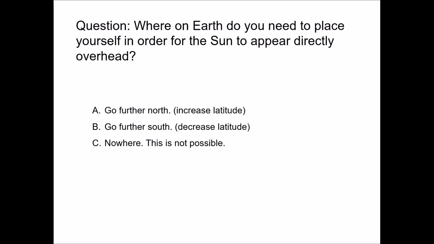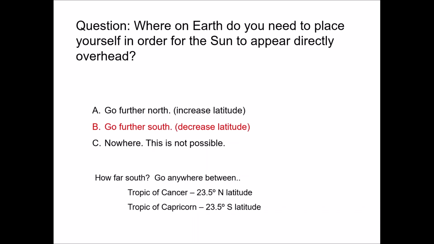Where on Earth do you need to place yourself in order for the sun to appear directly overhead? So it doesn't get overhead, right, in Lancaster. But you can go to another latitude, right? So where do you think you have to go? The answer here is B. So you got to walk further south, right? If you walk further south, your latitude goes down, and then your celestial equator can start to drift further up